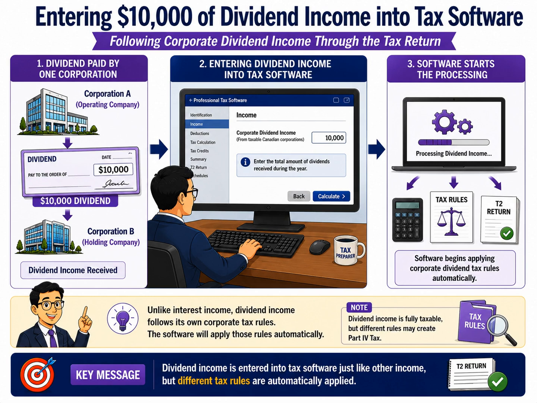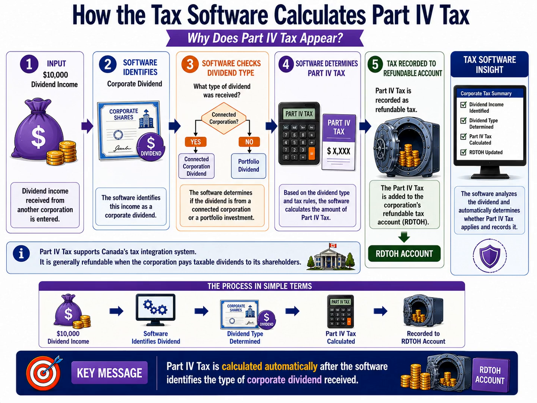In the next slide, we'll look behind the scenes and watch the software determine whether Part 4 tax applies to this $10,000 dividend. You'll see how the software analyzes the dividend, applies the correct rules, and begins building the corporation's refundable tax accounts automatically. Now let's look at what happens inside the tax software after the corporation receives $10,000 of